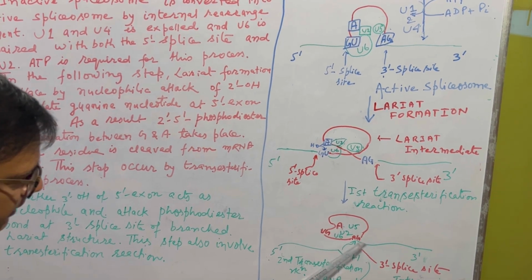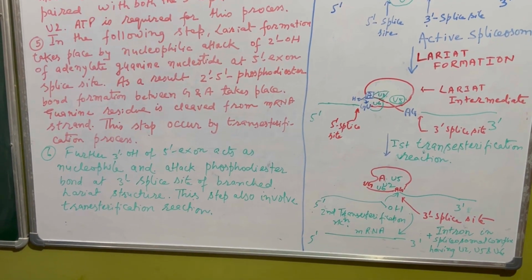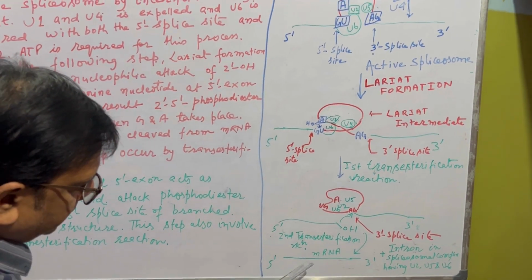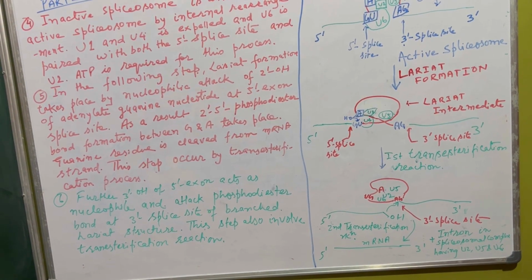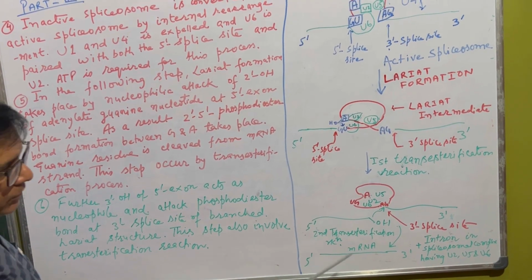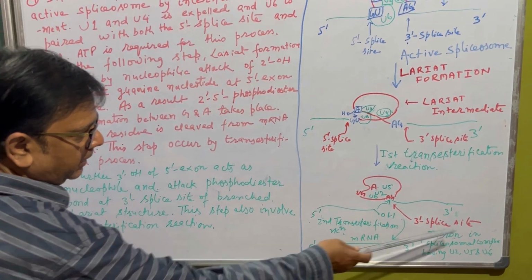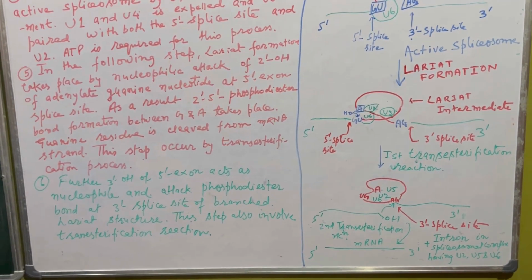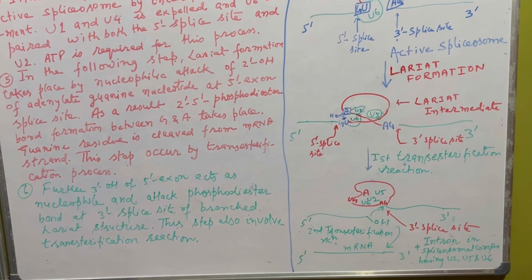This attack is taking place, and this step also involves a trans-esterification reaction. So this is the second trans-esterification reaction, and finally you can see the 5' exon and 3' exon being joined. The adjoining exon is now covalently bonded,